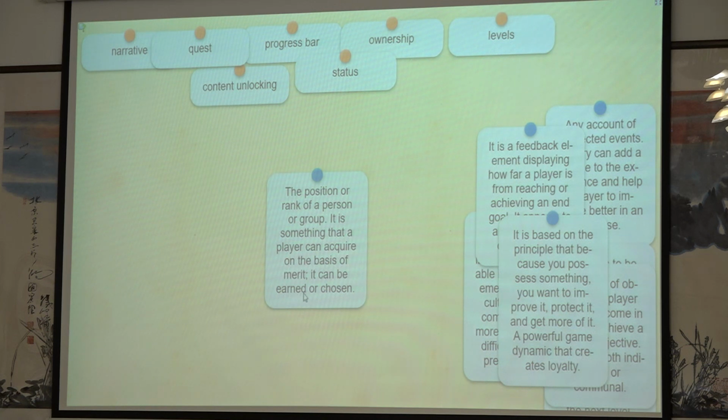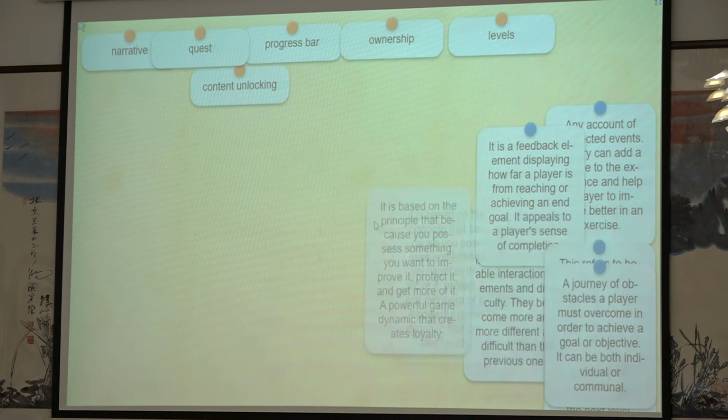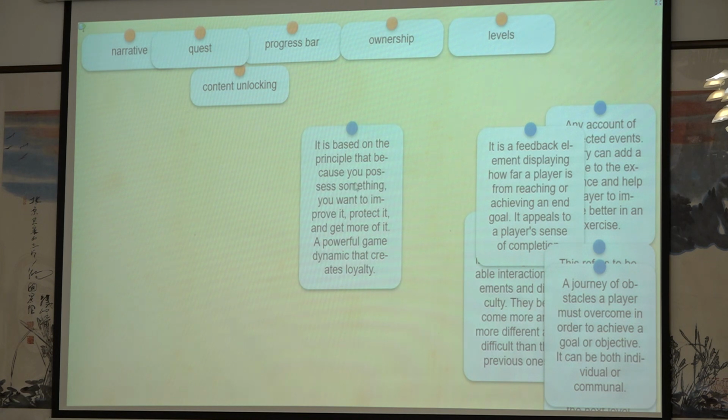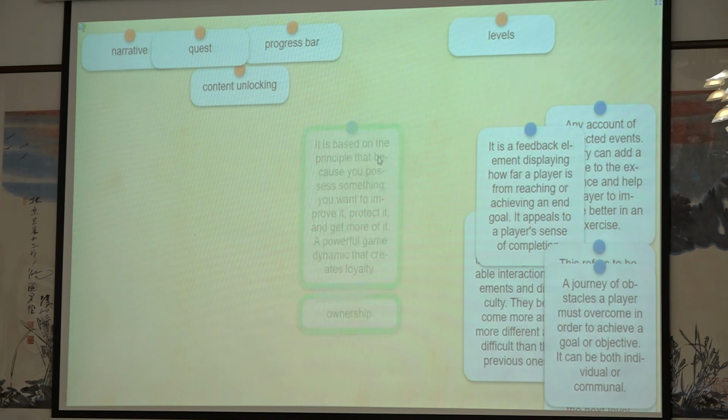It can be earned or chosen. This is a status, yes, very good. It is based on the principle that because you possess something, you want to improve it, protect it, get more of it. A powerful game dynamic that creates loyalty. This is the ownership, very good.